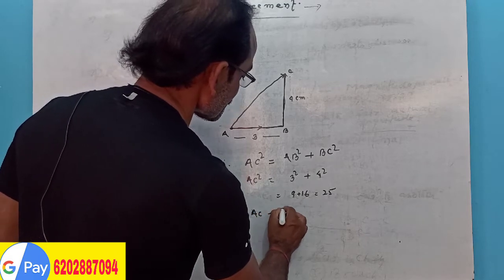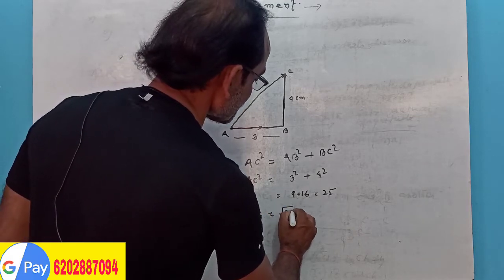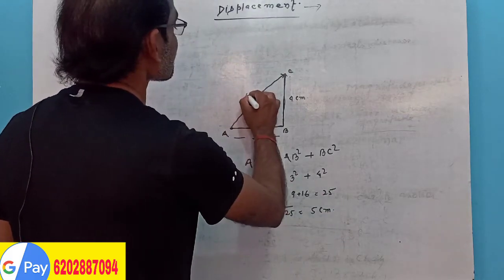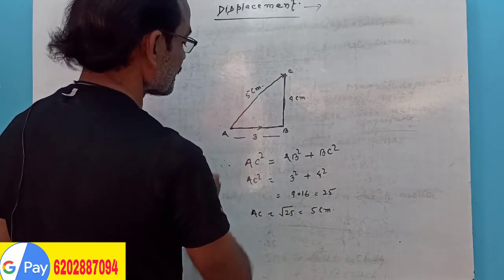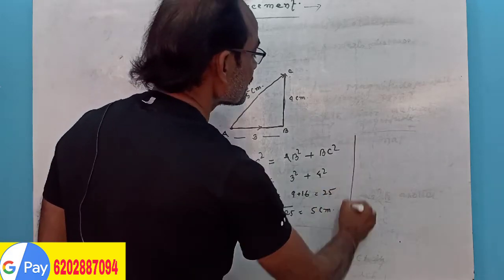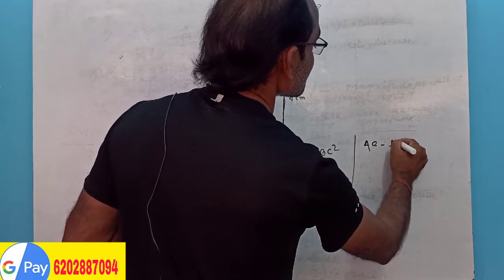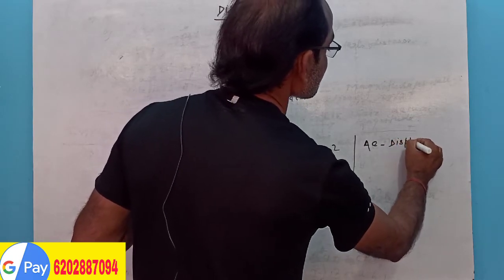AC equals root under 25, that is 5 cm. Here AC is displacement,